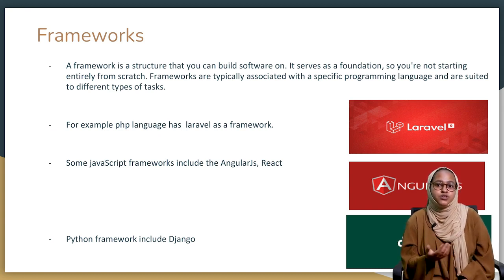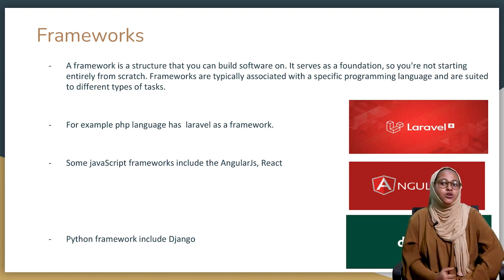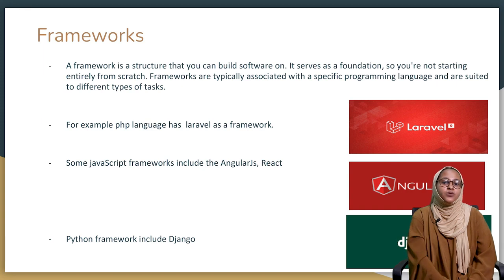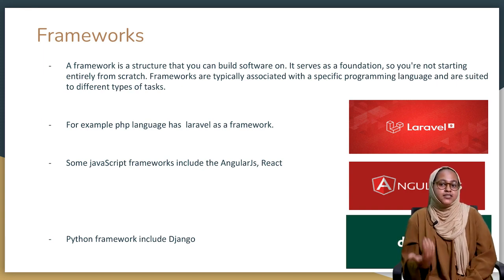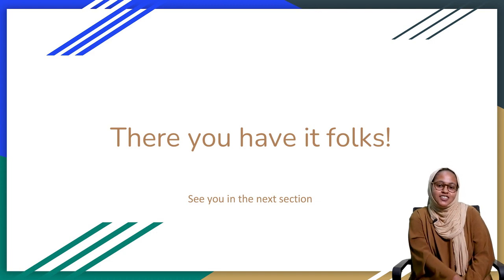For example, we've talked about PHP. A framework for PHP is Laravel. JavaScript has a number of frameworks. Some of them would include AngularJS and React. And finally, we have Python, which has its framework, Django. And that's it. That's all you need to know about a brief